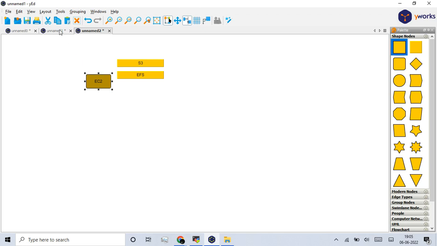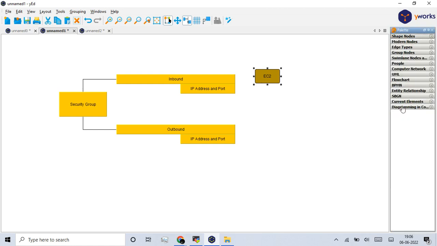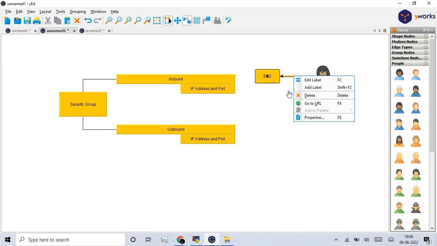Something is running in this EC2 instance on a port like 80 or something. If the outer world wants to access any service running inside the EC2 instance, that is called